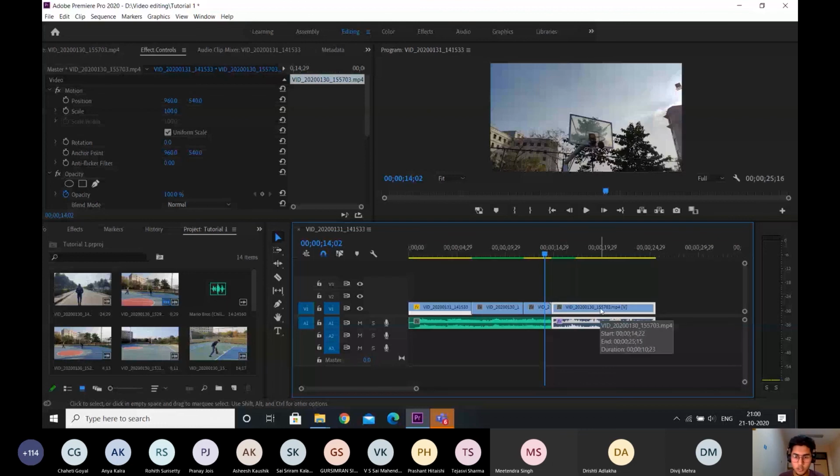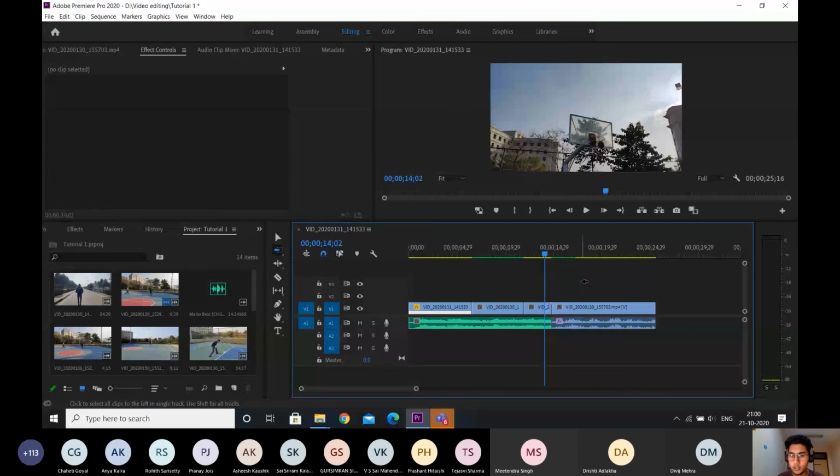Now there's another small thing you can do. Suppose I want to select all the video clips over here, these 3 video clips, but not the audio. So while I press Shift A, it becomes the track select backward tool, and now I'll just press and hold Shift. In that case, it will only select all the files in this particular track. So if I click over here, it will select everything in this track.